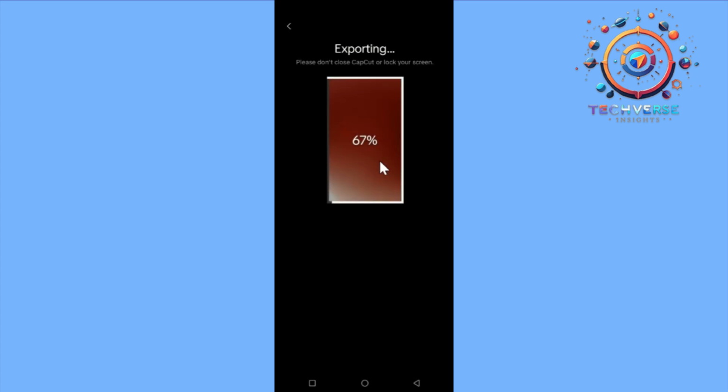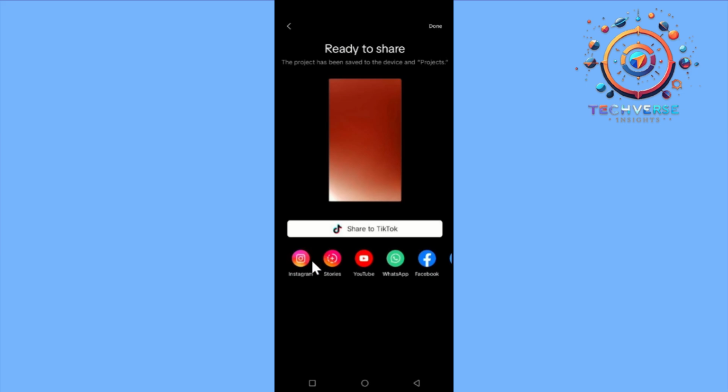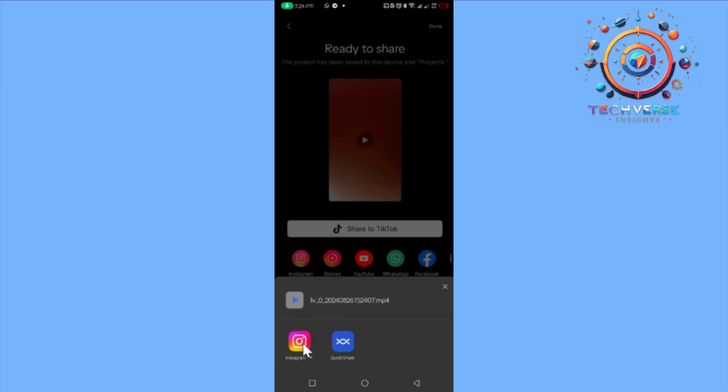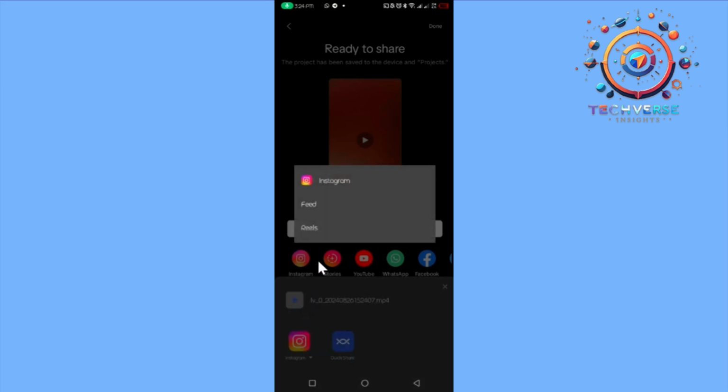And then once it has finished exporting, you are going to choose to now send it to Instagram. And it will give you this option when you're going to tap on send on Instagram,